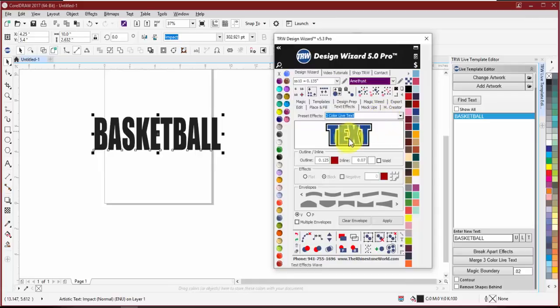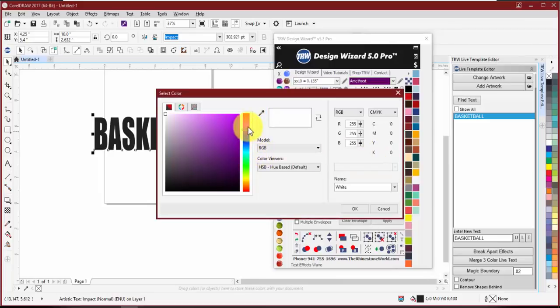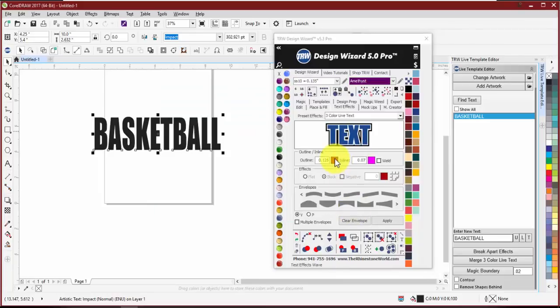All right, so our 3-color live text. Now this is going to give us one extra option. So now we'll have the inline color. So that's going to start as white. But again, if I want that to be a different color, I can just come in here, make that purple,